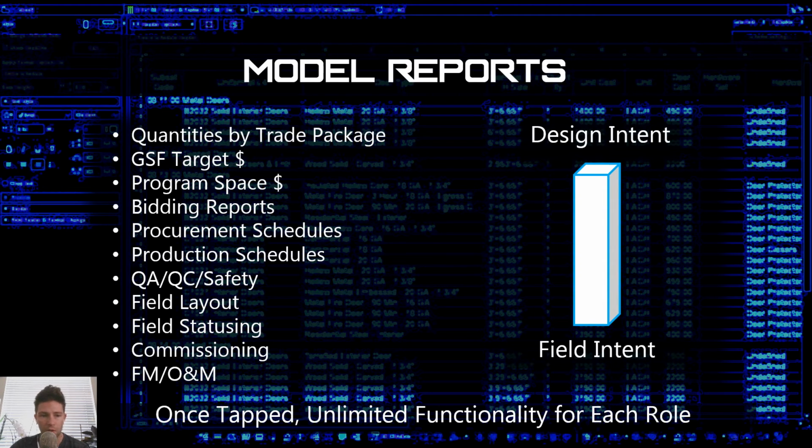So we can use all these reports to aid in the bidding process, actually generating reports that you can send out to bidders to have them fill out their unit pricing and production rates. We can track procurement, the buyout process of subcontractors, and tracking how they develop their submittals, when they're released for fabrication, when their materials are being delivered to the field, and when they are supposed to be installed. Of course, that rolls right into production planning and production schedules,